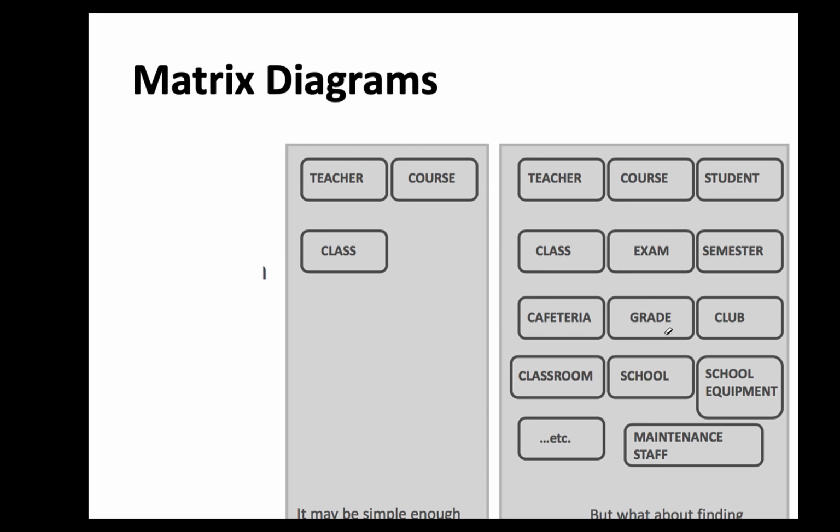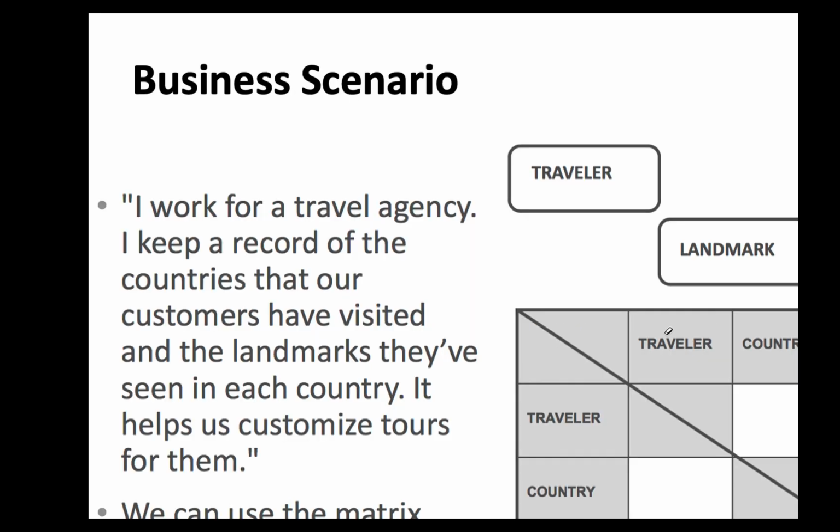So for this purpose, you can simply draw a matrix diagram, which is very easy to draw. You only have to write all entities in the columns and then row-wise, and then you can simply see, okay, does this traveler entity have some relationship with country or no? Does this traveler entity have some relationship with landmark or no? Okay, you can just write names. Maybe there are some boxes that would be empty, where there wouldn't be any relationship between two entities. So that could be possible.